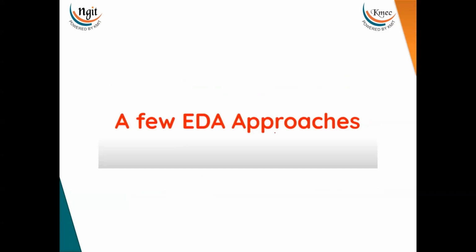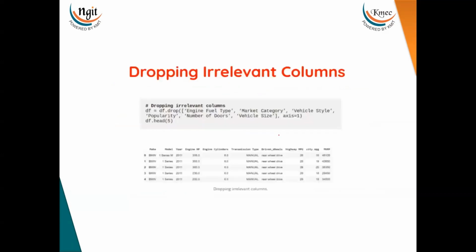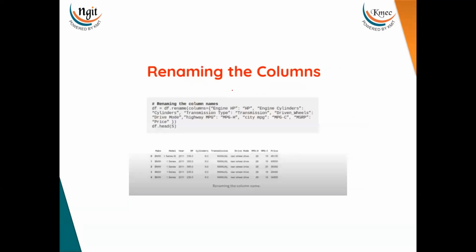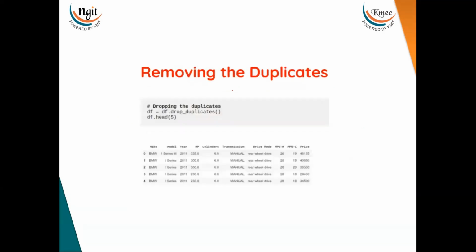And a few EDA approaches we can discuss: dropping the irrelevant columns. Maybe not all columns are required for ML models, so some irrelevant columns we can drop. We can rename the columns if necessary. And then we can remove the